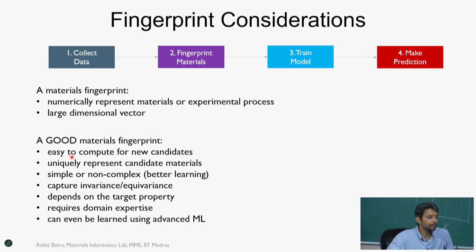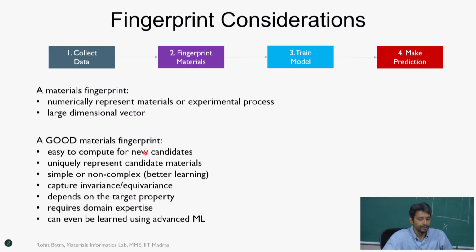So, one important thing is, anytime you are making a model, you want to use it for making a prediction later, downstream. So you want to come up with those fingerprinting strategies which are easy to compute. It should not be that I am using something as a fingerprint which is very difficult to even compute. So,